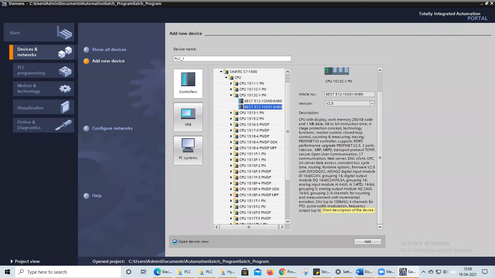Moreover, we will also see what things we require. We will discuss that. Okay, after clicking this one, add this CPU. So we are adding this CPU to our project.